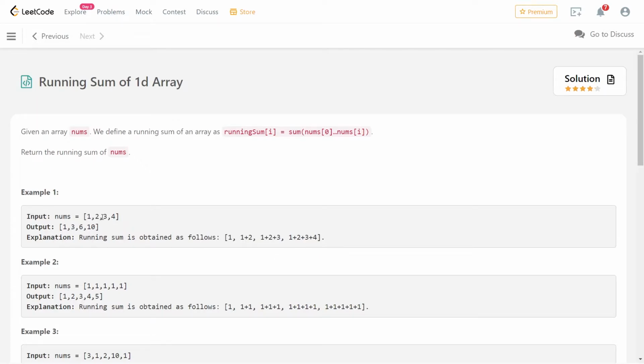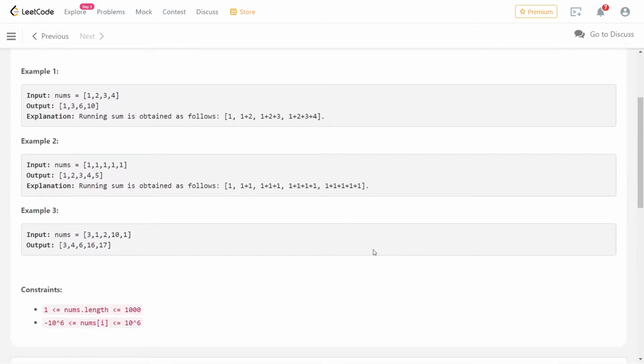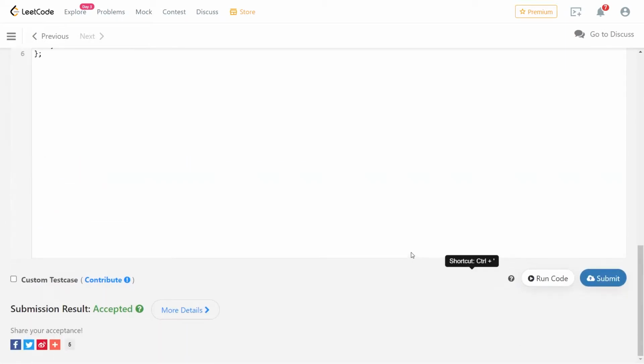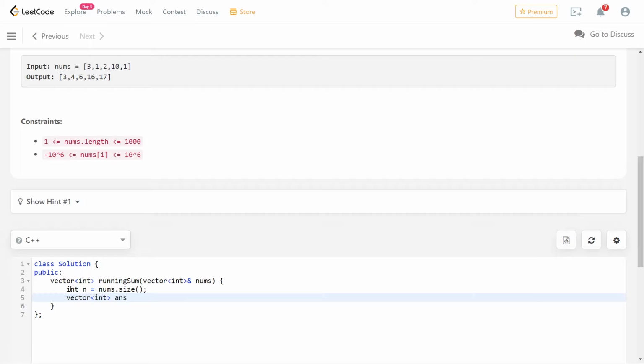In the basic approach, we can solve it in order of n square. The order of n approach is also very easy. So let me write the basic approach first, then we'll see how we face a problem in time complexity, and then we'll go on to the better order of n approach. Let me first define the size. Let the name of the new array be the answer array, which we'll be returning. Let me initialize it with n and 0.